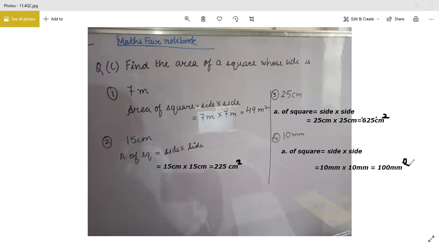Ma'am, I have done. Then we will start the next exercise. Now we will start the next exercise. Jaldi se complete it. Those who have not done it, just do it. Those who have done mistakes, just correct your mistakes. And those who have done it correctly, well and good, very good. Jaldi se complete it. Check your answers also carefully.